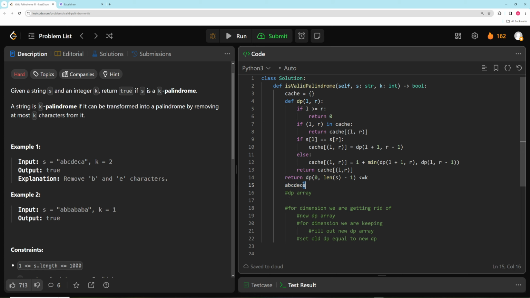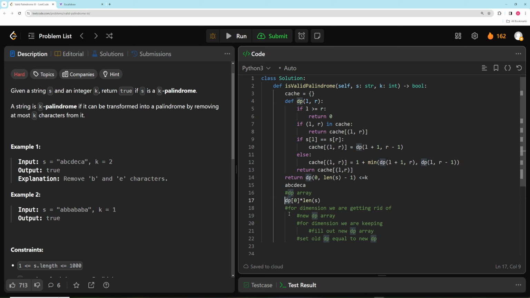But this is one that we know, right? If the left and the right are on the same index, then the DP of that is going to be 0, because if you only have one letter left, then you have a valid palindrome. So we're going to start with that. So we're going to say DP equals 0, and we're just going to always keep the length the same, even though you can make this smaller, because theoretically, if the left is over here, there's only one,